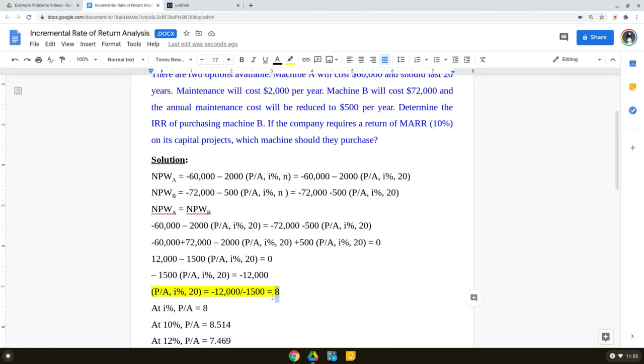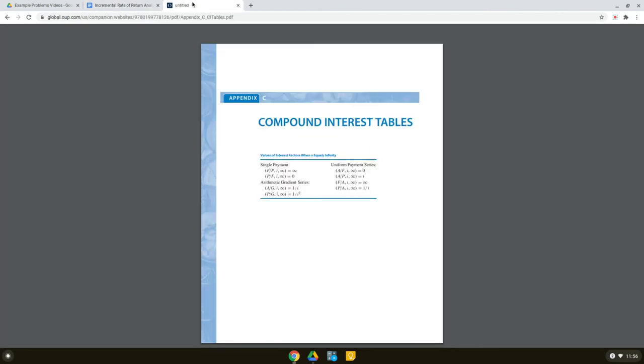So that information I can rewrite: at I percent interest rate or rate of return, P given A is equal to 8. So we can go to the compound interest tables and try to find the I value for that value of P given A. So here are my compound interest tables,